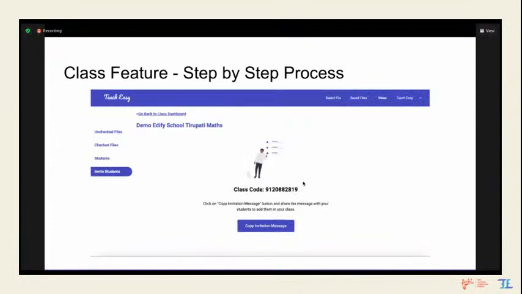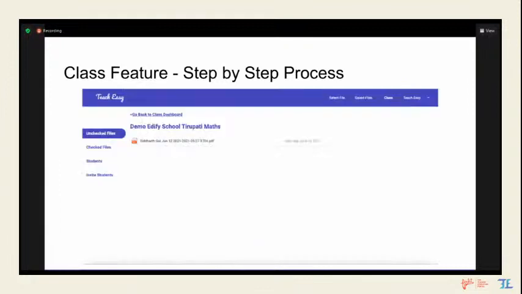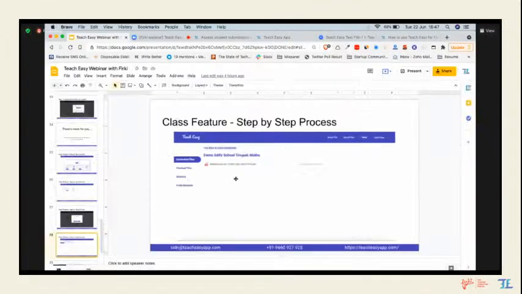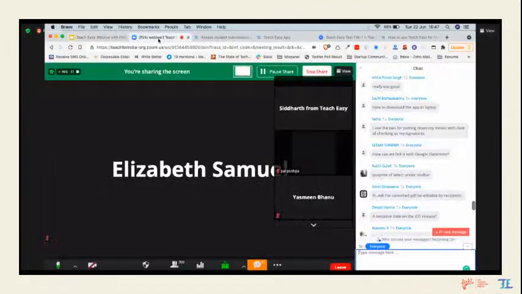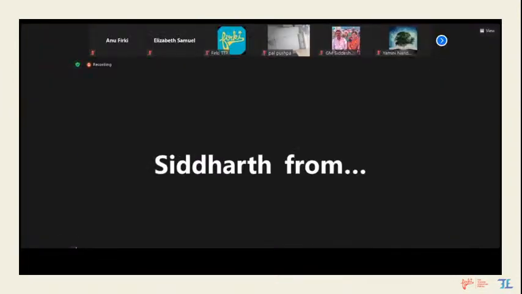And for students, the process remains the same. They will have to download the Android app. They will enter the class code to join your class, and then as a student I can submit PDFs or images very simply, and all the files will be managed for you. So I think this is where the section ends for the demo for the desktop app.